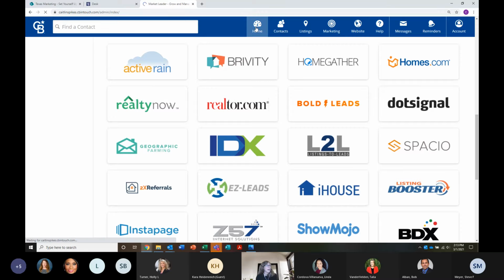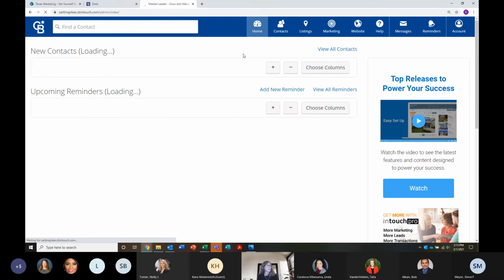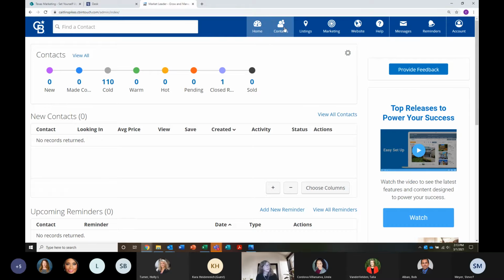So now I'm going to go back to the home page, and we're going to talk about importing contacts. The most important thing whenever you're importing contacts, guys, I think is filling out that information in as much detail as possible. If you're creating a contact from scratch, you can add them by using